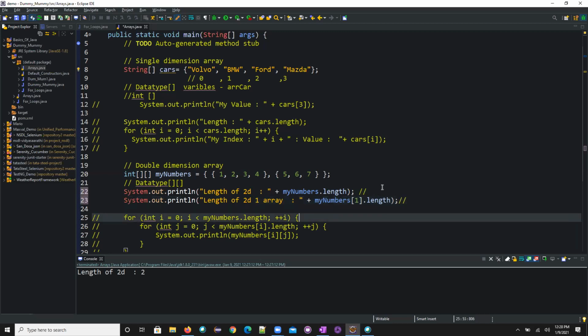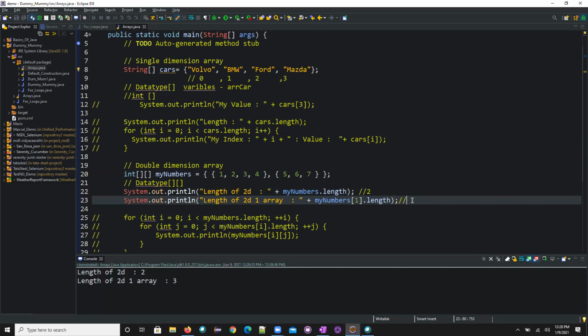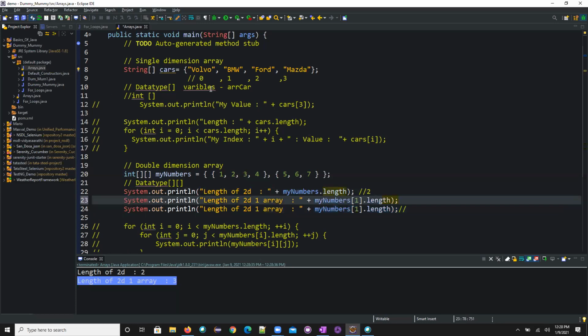4 and 3. 2 and 4. Here 2 and 4. Because 4 we already executed, this is 2. What is the value for here? 4 and 2. 2 and 4. Sorry, boss, 2 and 3. See, why 3? Second array. Guys, you are missing this one. You are confusing with index, and that is what I told you here, right? Why you guys are getting confused? Boss, this is index.